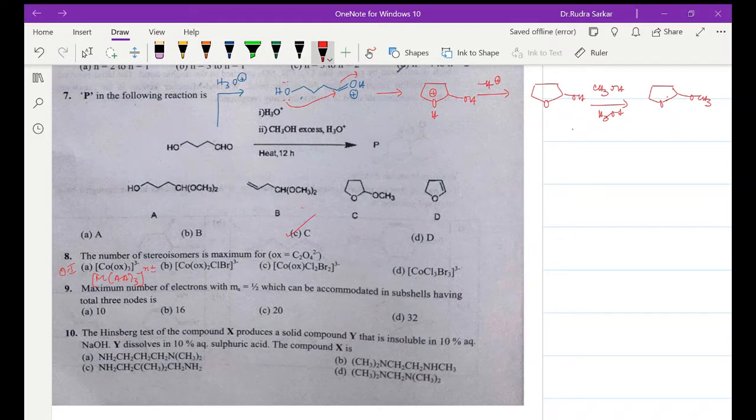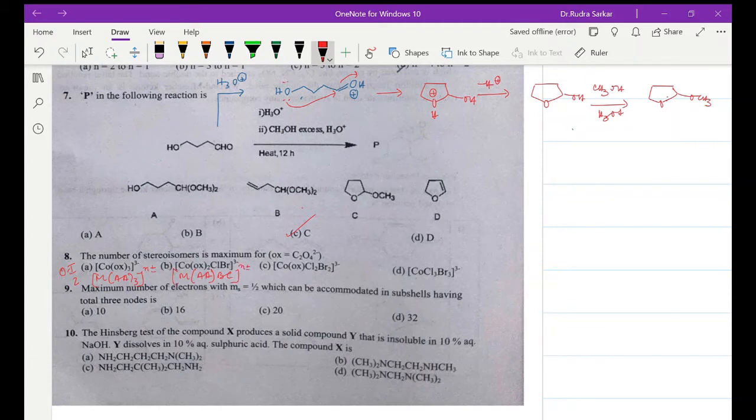So this will give you two isomers, whereas for this one, number B, this is basically MAA BC type,